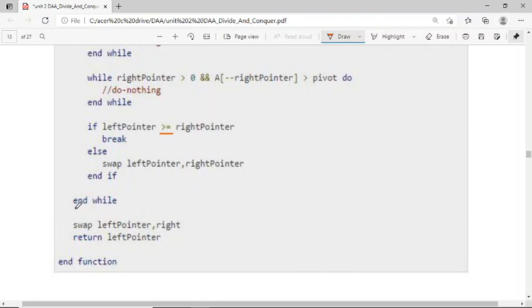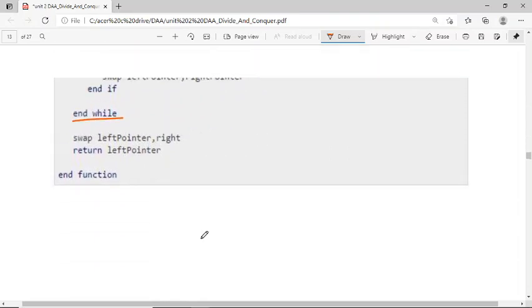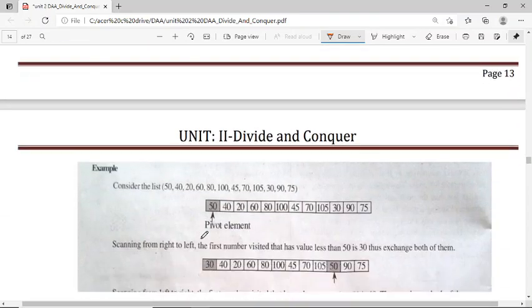And at the last, after ending the while, swap left pointer and right, return left pointer. Whatever the left pointer is, that will be returned. So this is about quick sort.